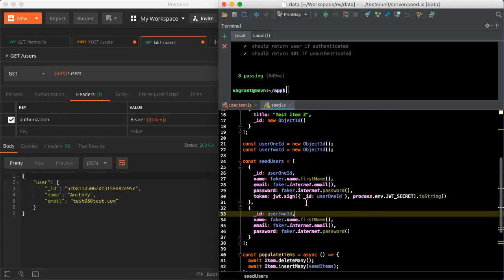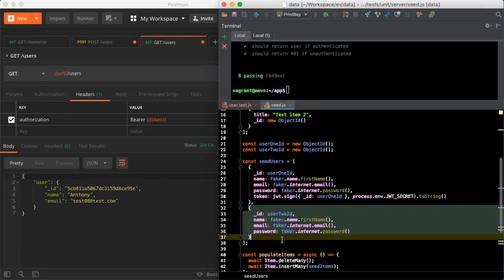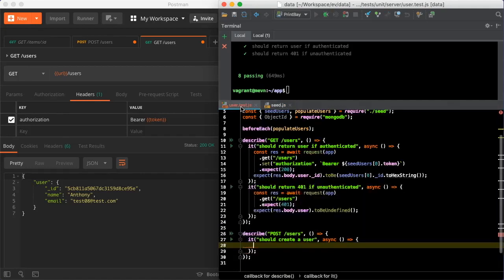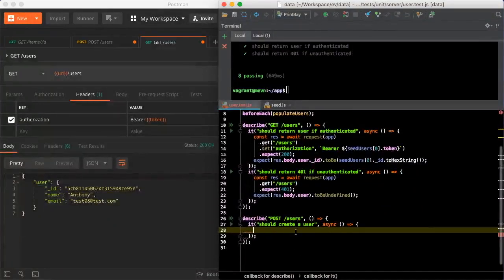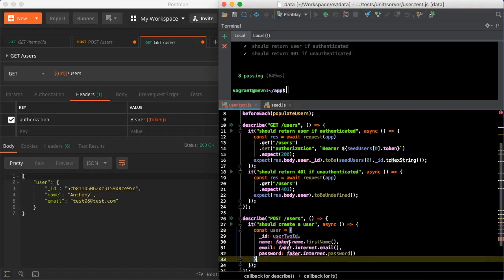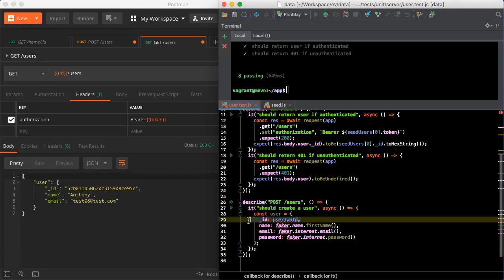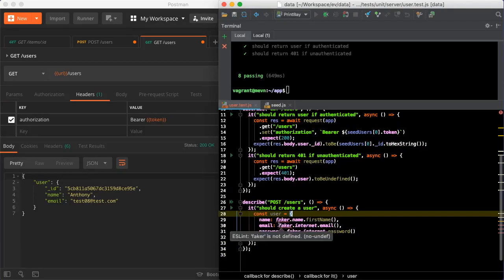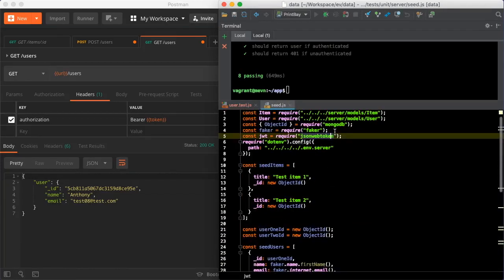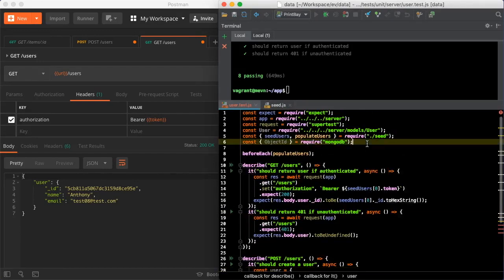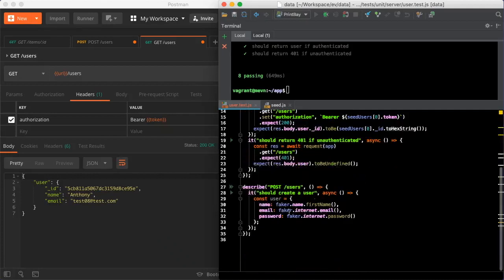To begin with, we're going to create a new user for our test, and to make it easier, let's just go ahead and copy one of these seed users that we created. And I'm just going to create a const now, user, and I'm going to go ahead and paste that there like that. We get rid of the ID because we don't need that, but we will have to use the faker library over here. So again, I'm just going to copy the require call up here and paste it there like that. So now we've got a user object,